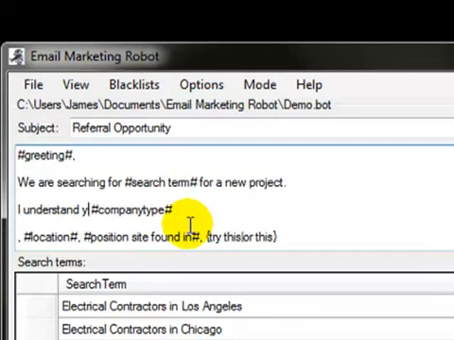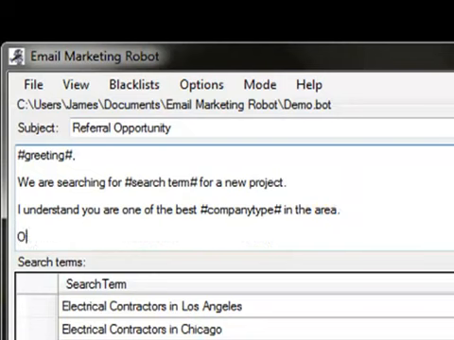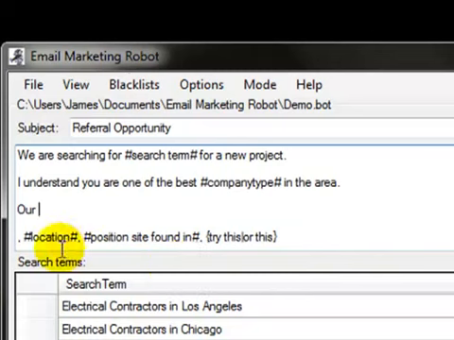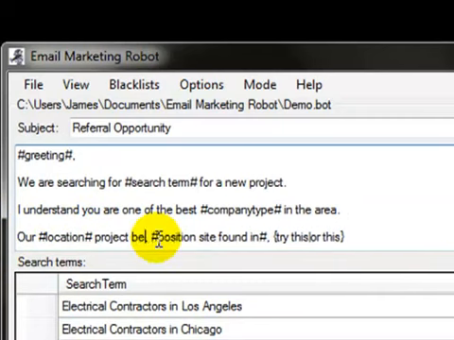I understand you are one of the best roofing contractors in the area. The next example is the location. So we could put our New York project begins next month,